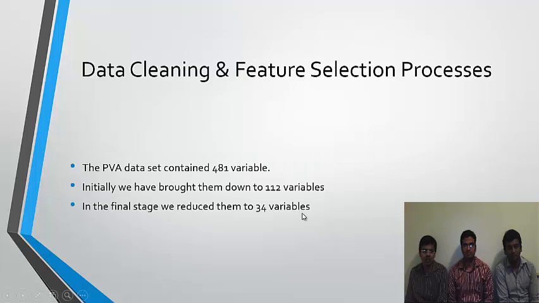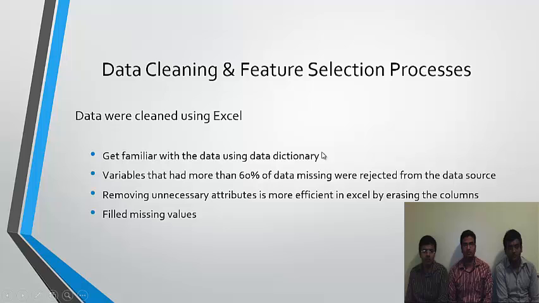So coming to the data cleaning and the feature selection process, initially the PVA data set had 481 variables, and we have done two versions of data cleaning on these 481 variables. In the initial level we brought the variable number down to 112, and in the final stage we reduced them to 34. So going to the data cleaning process in a